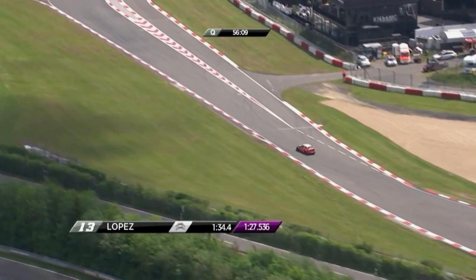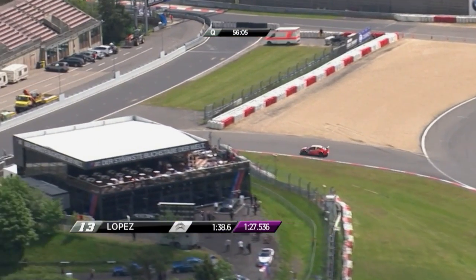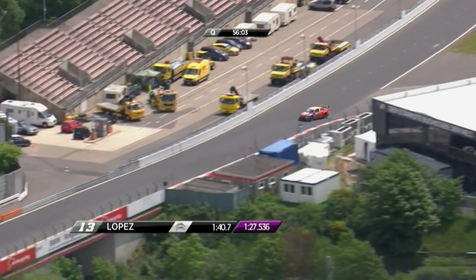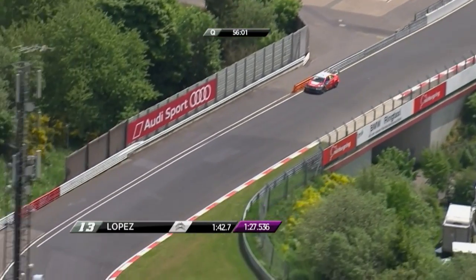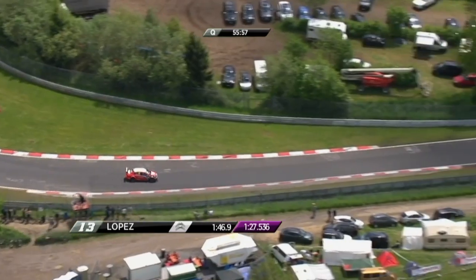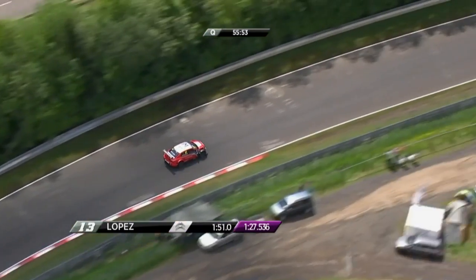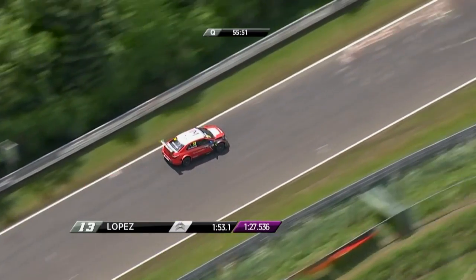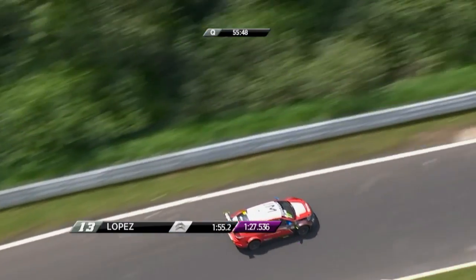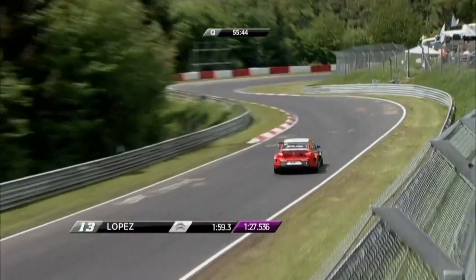Using the slightly more open motorcycle version of the Vidal chicane, and then instead of going round on the Grand Prix circuit, here we go onto the Nordschleife. And you can see there's another pit lane there. When they do the VLN races, the normal Nordschleife races, they don't use the modern pit lane here. You can use the pit lane and just restrict yourself to the Nordschleife without using the modern Grand Prix circuit at all. So Jose Maria Lopez first out, and